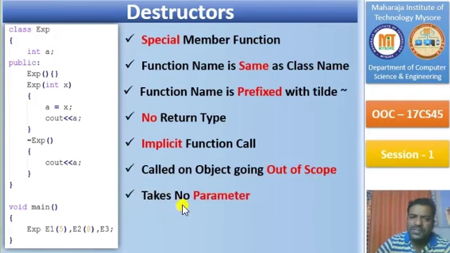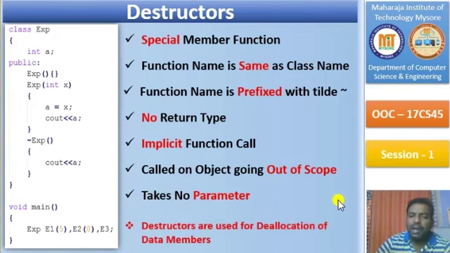And as I told you, the destructor will not take any parameter. Hence, there is no parameter. Some statements you usually come across say that the destructor is used to deallocate an object or a data member. This is totally wrong. The destructor can be used for any purpose. You need to make sure what should happen when the object is about to be destroyed, or what should happen after the destruction of an object. All those statements can be part of a destructor.